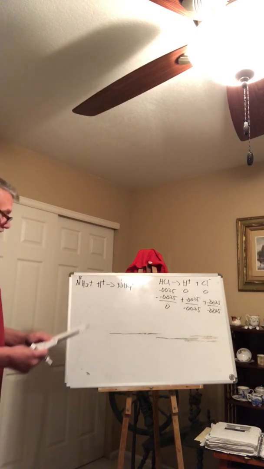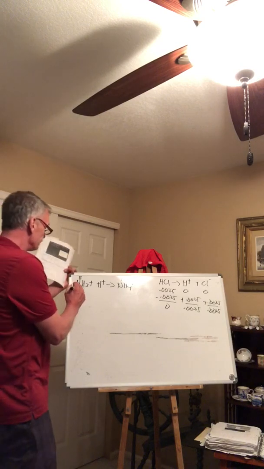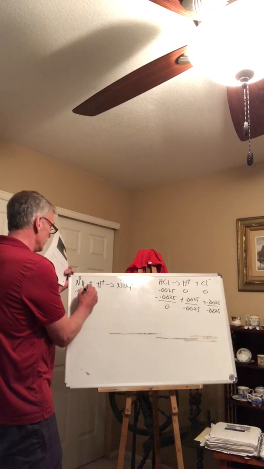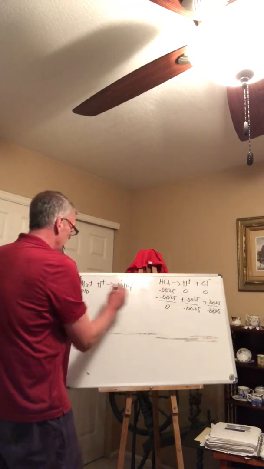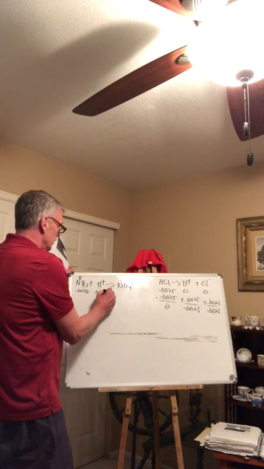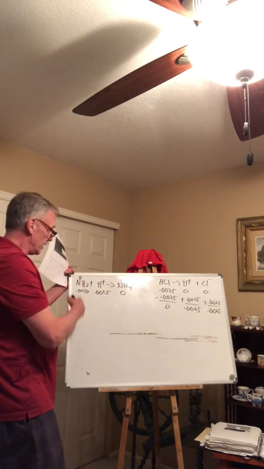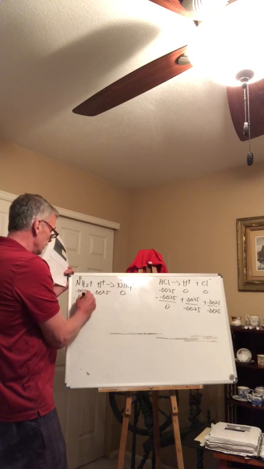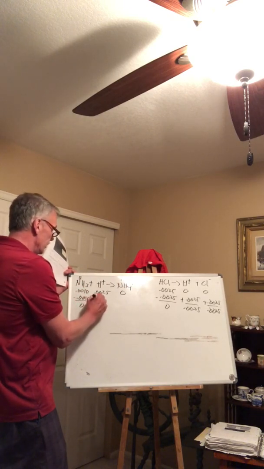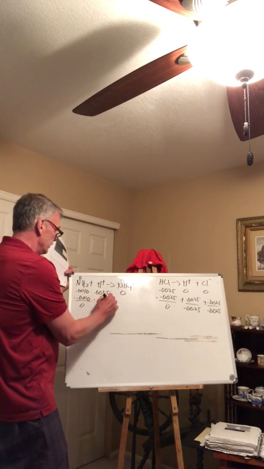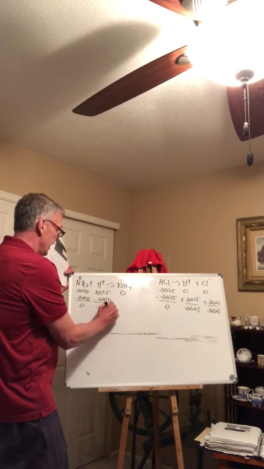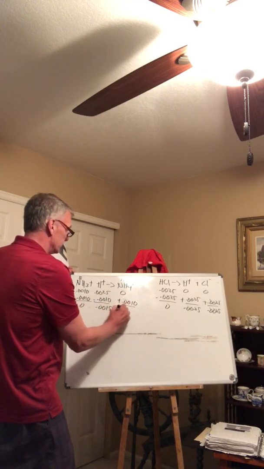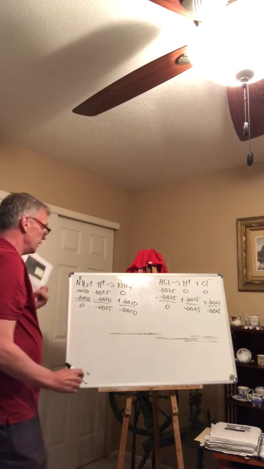If I go back, again, I'm doing an ice table, getting everything into moles. So I started here with 0.0010, and then the HCl, I had 0.0025, and then 0. So here again, ice tables. So initial, and then change. The NH3 is going to run out first. It's limiting. And then I'm going to have excess HCl. Okay, so there's my completed ice table.